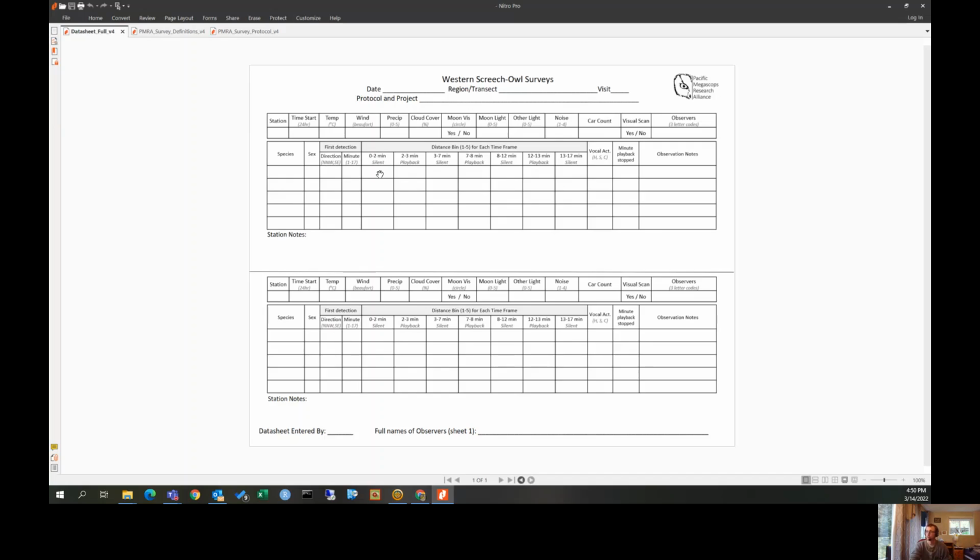First of all, you have your different sections: from 0 to 2 minutes, 2 to 3 minutes, 3 to 7, and this is what the protocol for playback is right underneath. From 0 to 2, you have a silent listening period. From 2 to 3, you have a playback session. From 3 to 7 is silent listening, and then from minute 7 to 8 is a playback. 8 to 12, silent. 12 to 13 is a playback, and then